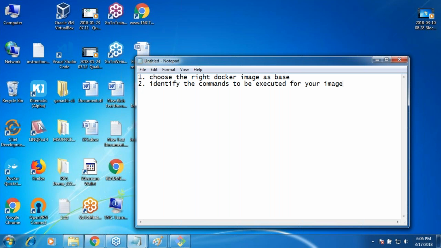For example, if I want to build a Tomcat image, I should know what is the delta which I need to do. So for example, if I have taken my base image as Ubuntu, and I have to make that Ubuntu a Tomcat, what is it that I need to do? I need to install Tomcat on Ubuntu. So for that, I need to know what the commands are. That is the second thing.